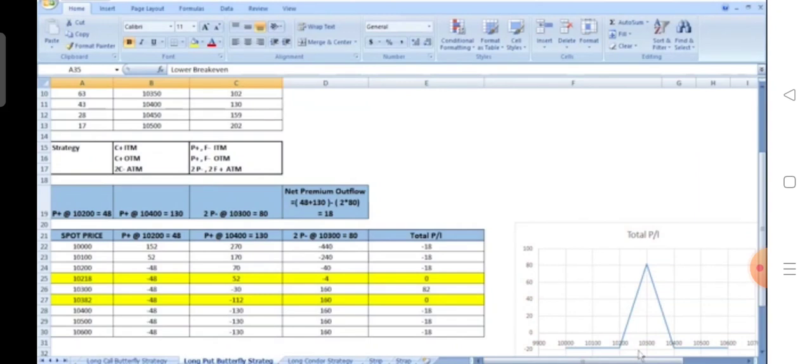So this strategy involves buying 1 put option in the money, buying 1 put option out of the money, and simultaneously selling 2 put options which are at the money. How do we get this? Now when we discussed call options in the previous video, we could see clearly that calls can be synthetically replaced by puts.